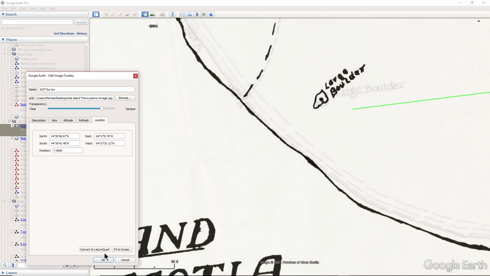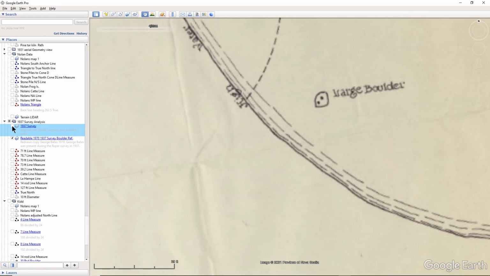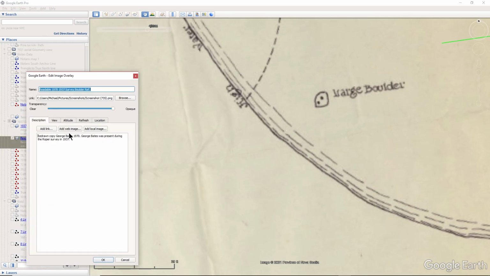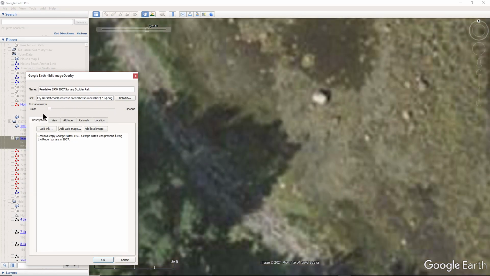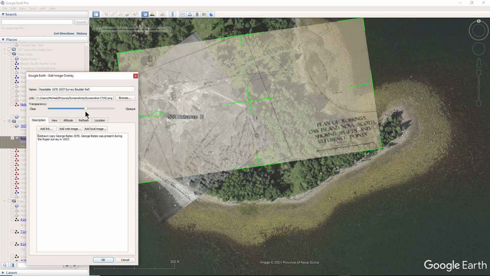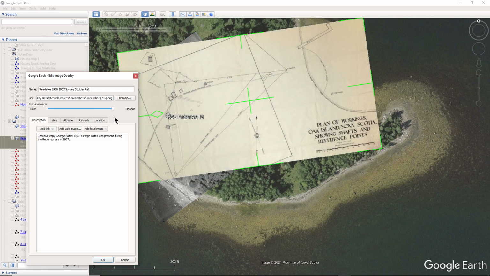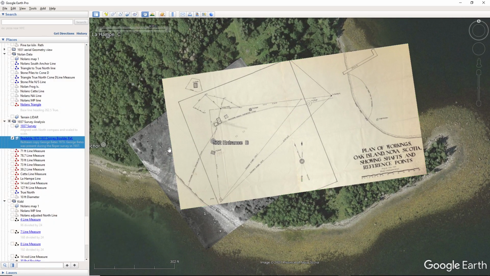large boulder. And that large boulder is visible on this, and there it is. You can see there's the large boulder right there. So that's how I register this